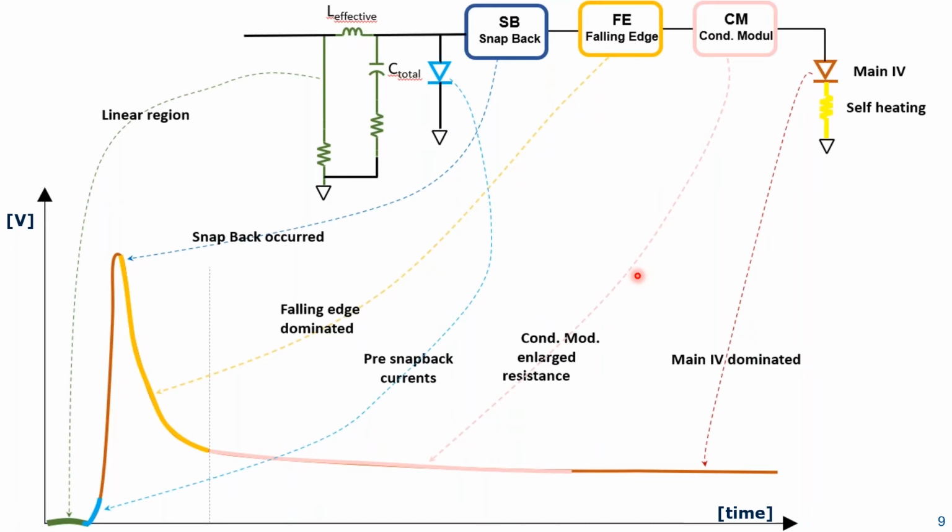Now the same thing in time domain. This is voltage, time. A pulse, if there's no big voltage, only the green region, the capacitance is relevant. Now the voltage goes up, an overshoot happens, then the device snaps back, and then the voltage drops in like 1-2 nanoseconds, this falling edge, and then it drops further. It may take another 10 nanoseconds until it reaches the quasi-static range. This is the main IV model, and this pink one is kind of the slower drop, and the falling edge is the faster drop. Each is modeled by a couple of SPICE elements. I will not go into the details of the SPICE model because it would take too long for the seminar.